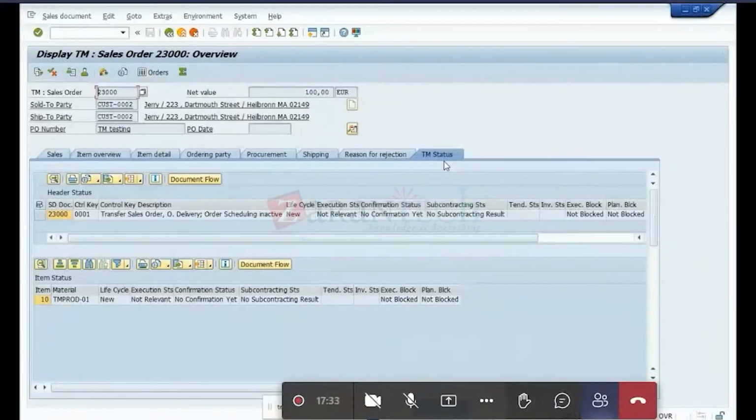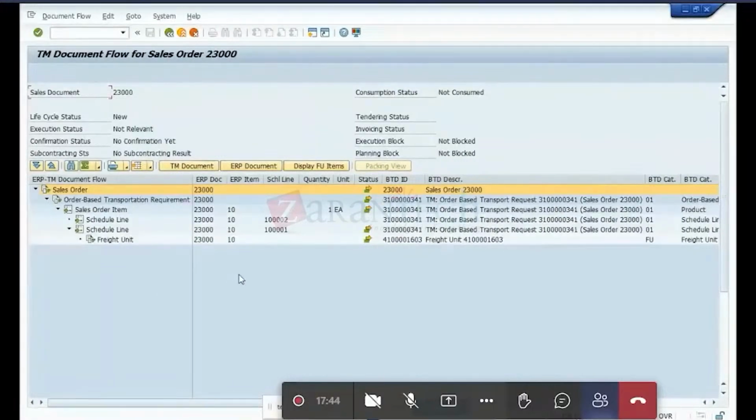So my objective is to show you why master data is required. So if you see this particular status, and if I go here, and if I go into this document flow tab, you will see that, in my standalone, we have this order-based requirement created. So all the transportation relevant information from my sales order is basically captured in an order-based requirement. Again, I'll come into details of this document later on. And when my order-based requirement is created, at the same time, my freight unit also got created. So freight unit, if you remember, is the most important critical document, because that is the planning